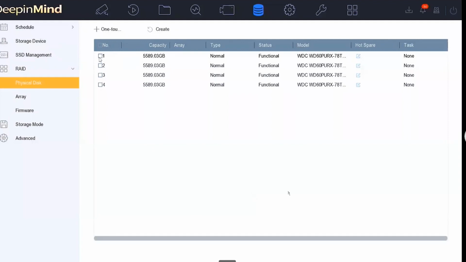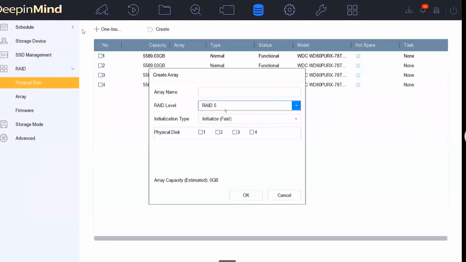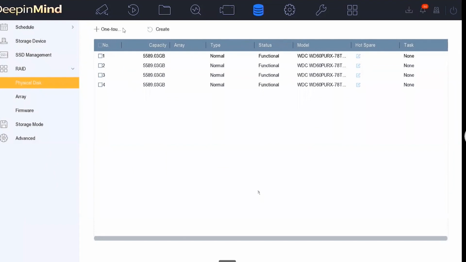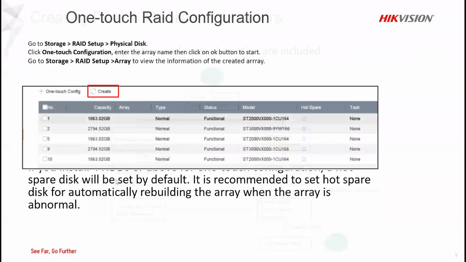So I believe that with that, Barun, our viewers got a clear idea how the one-touch configuration can be done, as well as how the different RAIDs can be created manually from here. Yeah. So let's go back to the presentation. This is the same thing that we just checked on the